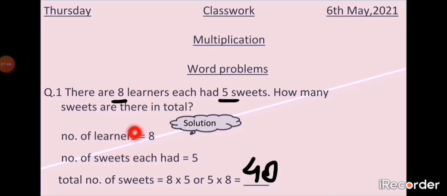So this is the first question we have done. It's very easy. Please, when you have to make your statements, first check the first number present in the question and make a statement of that one. Then find out the second number present in the question, and make the statement for that. And the third statement will be what you have to find out in the question. Make a statement according to that. Then write your multiplication sentence and read the table.